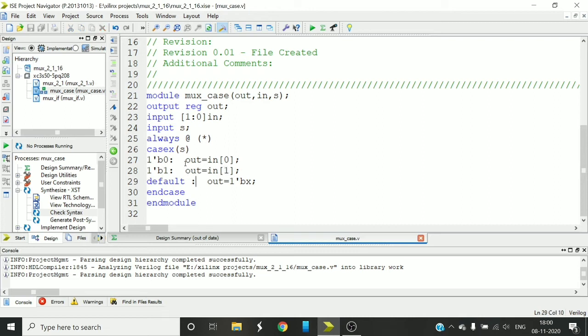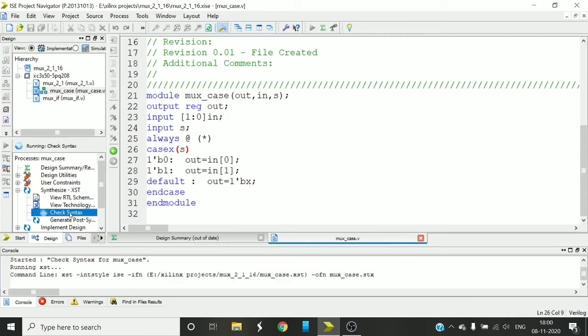If there is any chance of getting unused states or other things, then the default case would be executed. So it is good practice to always write a default case when you are using a case statement. Now, if you write case here, you have to write endcase. So case and endcase are one set, and after the always block you have to write endmodule. These two form one set. So this is a simple Verilog code. Let us check the syntax of this, and the syntax is correct.